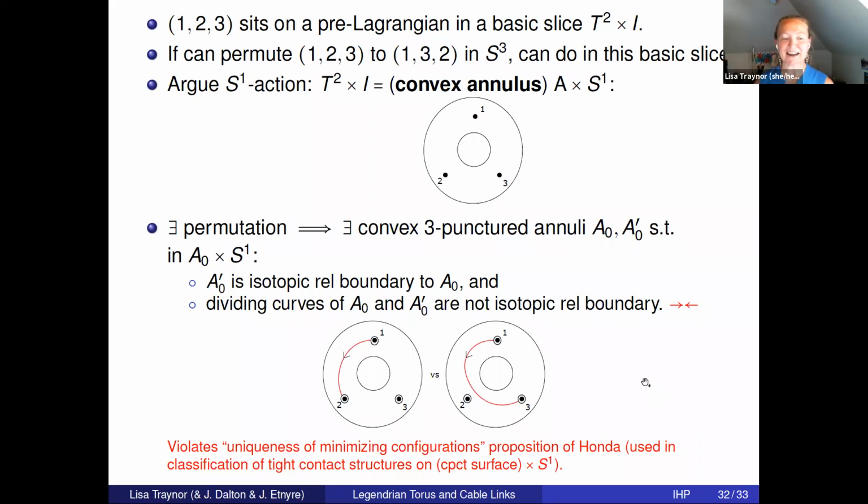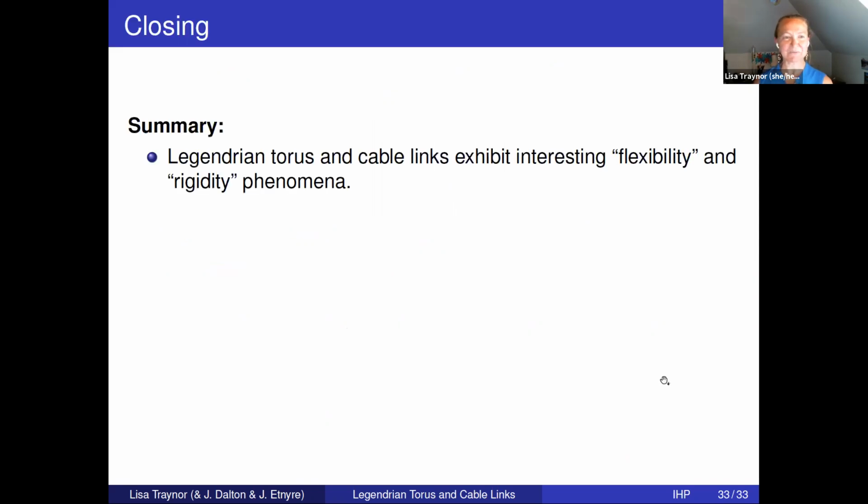This is a proposition that I used in the classification of tight contact structures on surface cross S1. So basically, we're detecting that we cannot do those non-cyclic permutations by the existence of this here. Okay. So just as a summary, I hope the takeaway messages are that Legendrian torus and